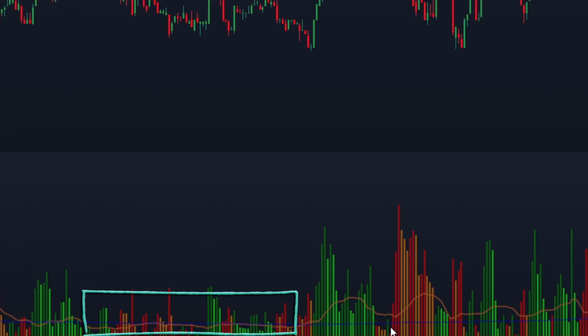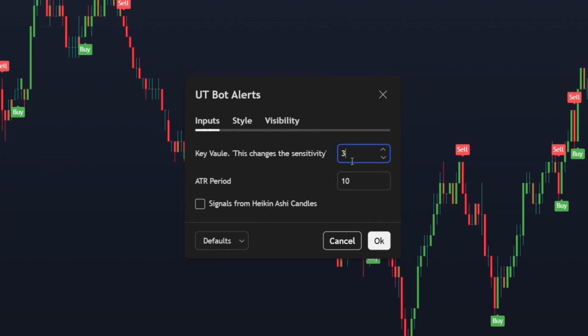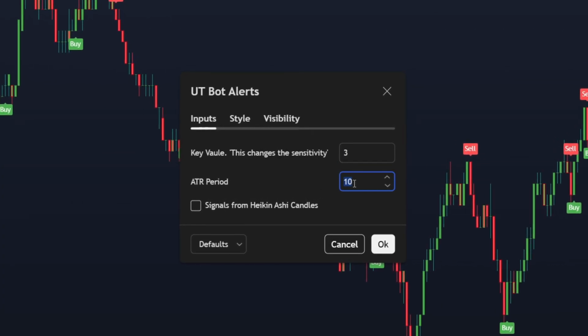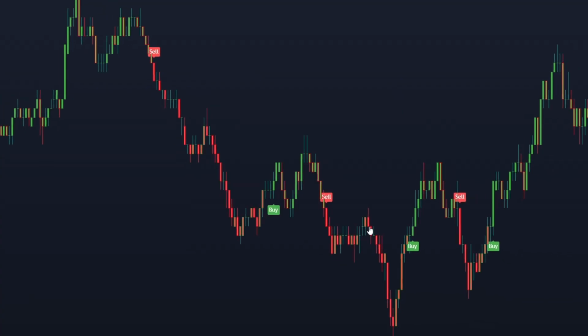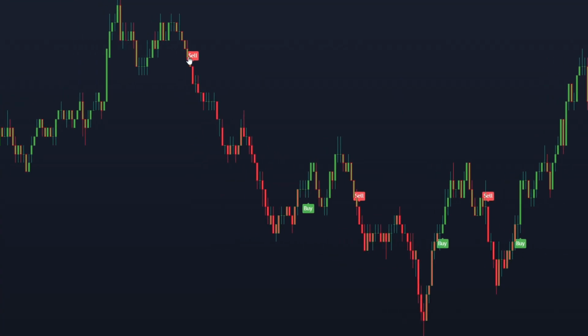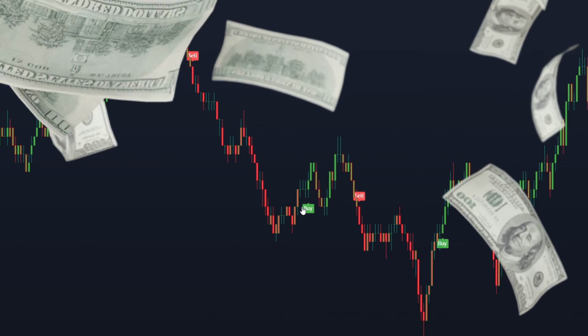5 indicators built for scalping and day trading, and the exact numbers I use inside each one. Not defaults, not whatever it loads with, the actual settings. Stay to the end, because the last 30 seconds are the part that decides whether any of this makes you